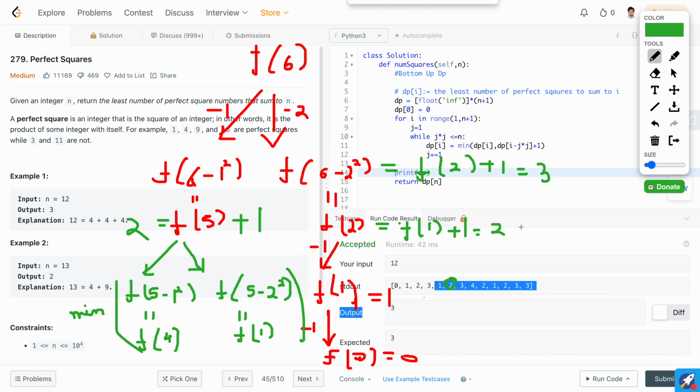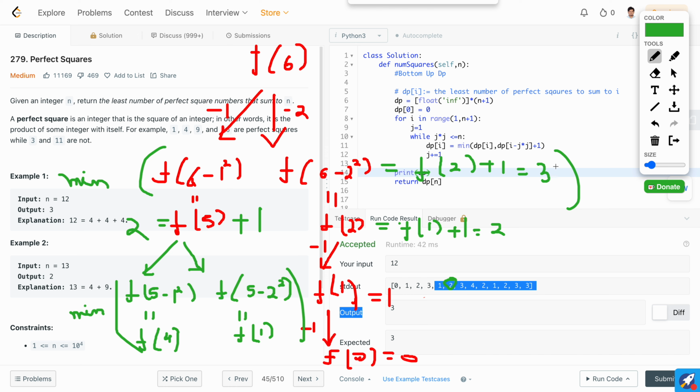And once we are here, all we need to do is again compute the minimum from both of these, and add 1 to that,